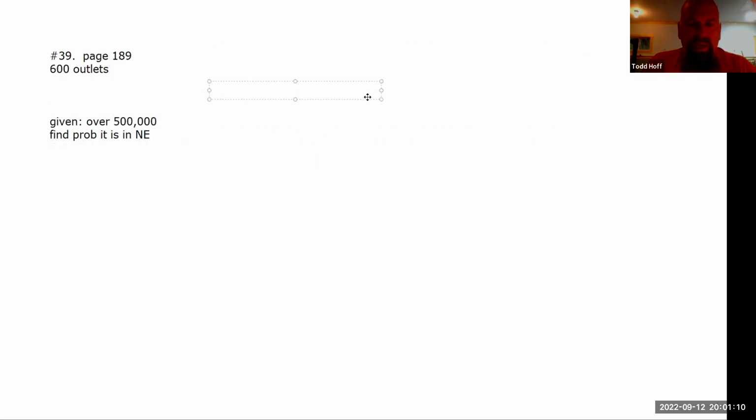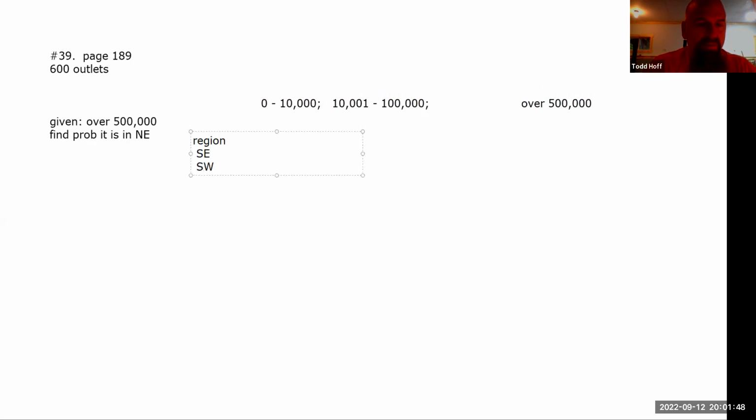So what we have here is the table is going to be something, and this might not look exactly like the table in the book, but it might be like 0 to 10,000, 10,001 to 100,000, and whatever those sizes are. One of them is going to be over 500,000 is the city size. And then somewhere along the other axis is going to be the region. Whether it's the southeast, southwest, north,